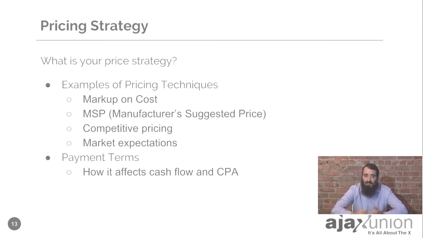In every market, people have a certain expectation of what they are used to paying for something. People are used to paying for transportation a certain amount. They're used to paying for cleaning help a certain amount. They're used to paying for milk a certain amount. You can't just come and charge $50 a gallon of milk. It's just not going to work, right?